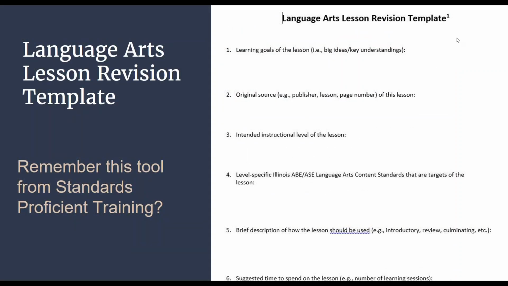So let's talk for a second about this revision template. We're going to throw our brains back to Standards Proficient. This should look familiar because it is the same document that we used to analyze a particular lesson. What we're going to do tonight is do the same thing, but with a bigger goal in mind, which is not just worrying about one lesson, but this lesson as a representative lesson